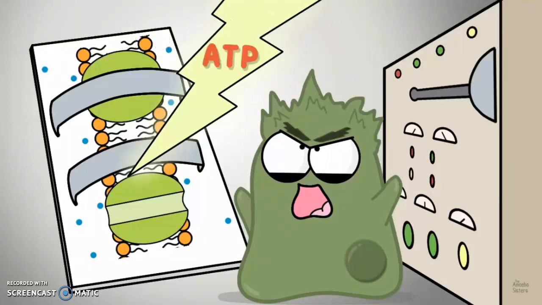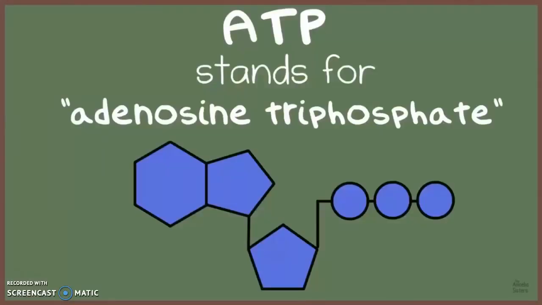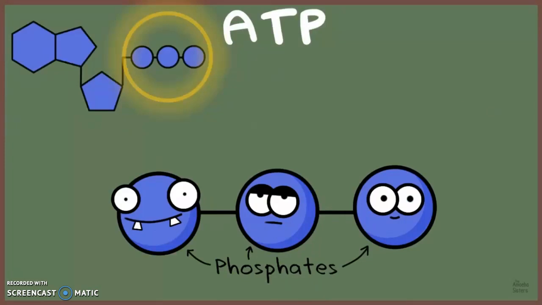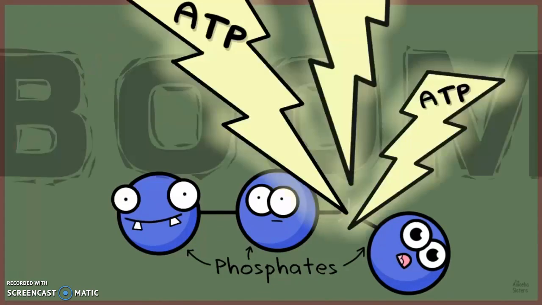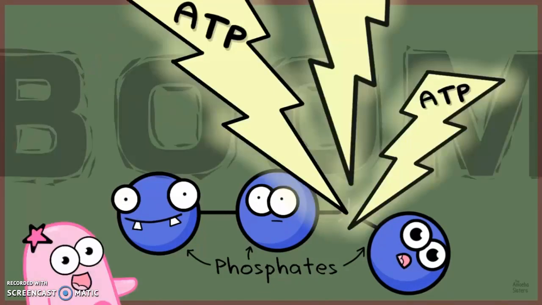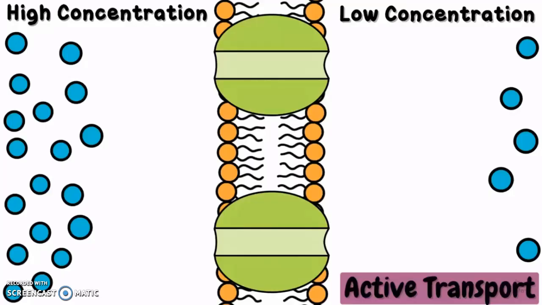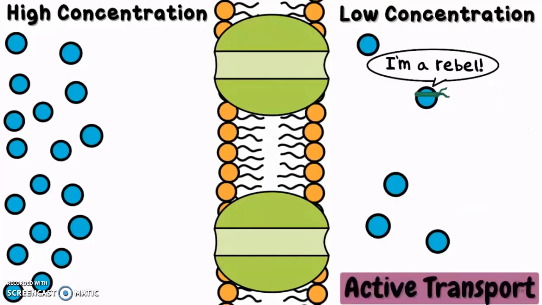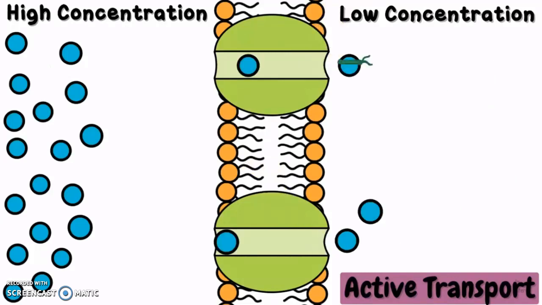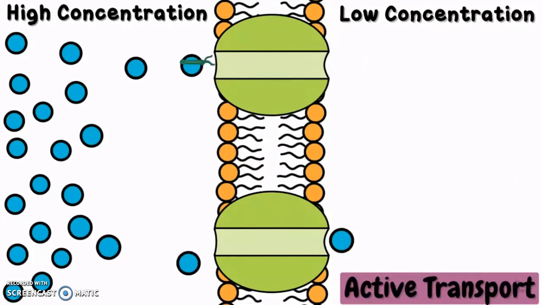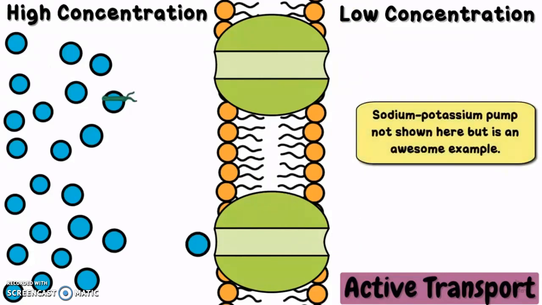Typically, it's going to require ATP energy. A reminder that ATP, adenosine triphosphate, has 3 phosphates, and when the bond for the last phosphate is broken, it releases a great amount of energy. Yeah, so ATP is a pretty awesome little molecule. ATP can power active transport to force molecules to go against their concentration gradient, and one way it can do that is actually energizing the transport protein itself. One of our favorite examples of active transport is the sodium-potassium pump. So that's